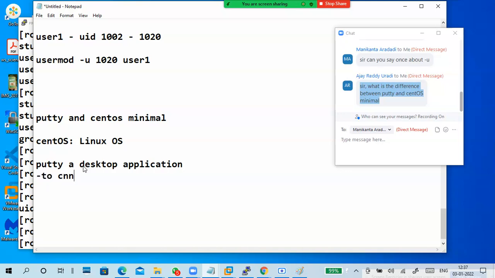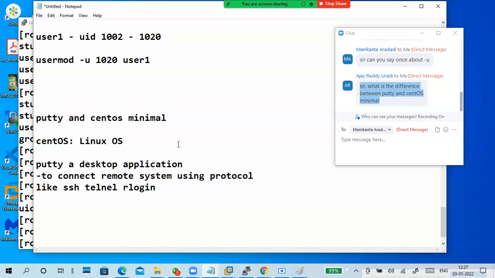To connect to a remote system using protocols like SSH, Telnet, or login.